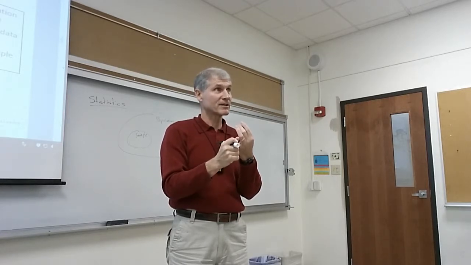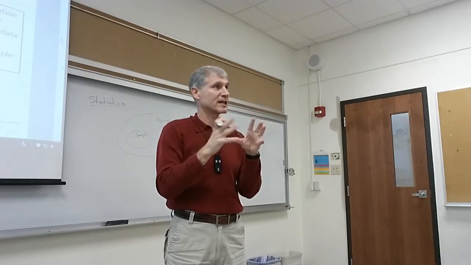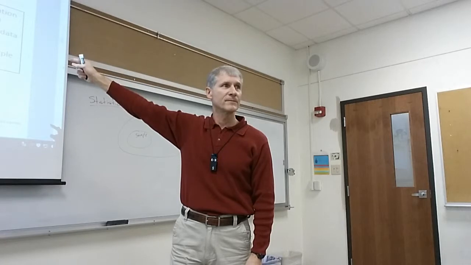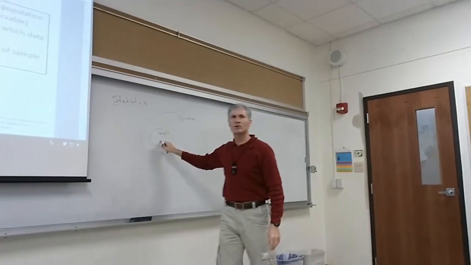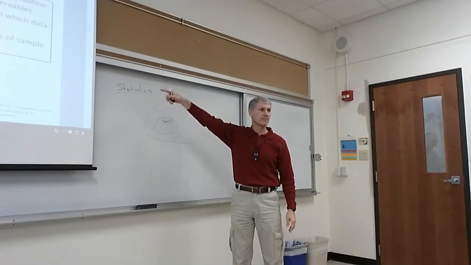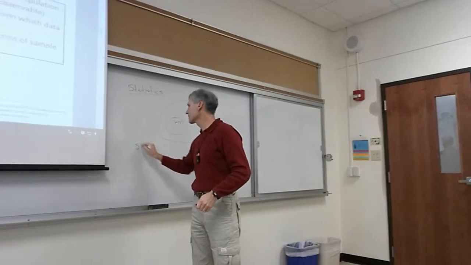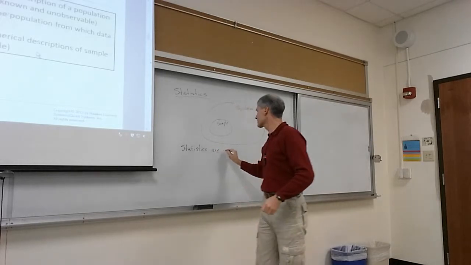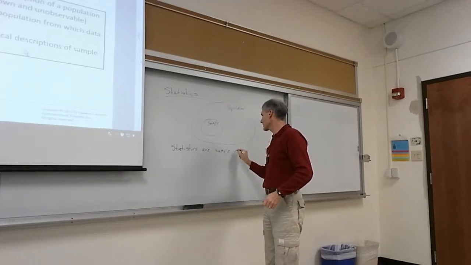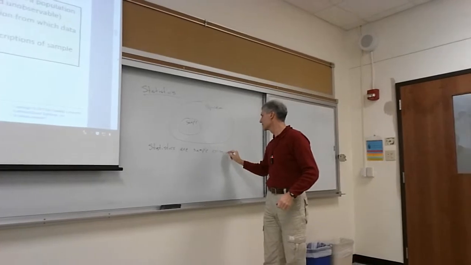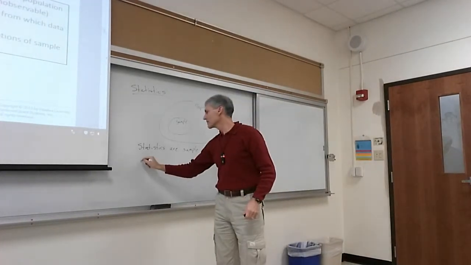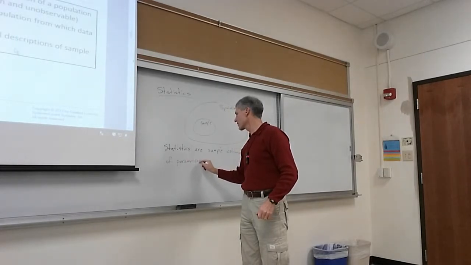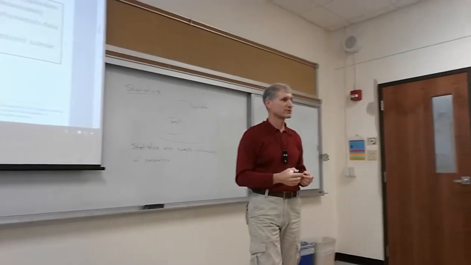Now, if it's not possible to take a census of the whole population, you'll never know what those things are. So what we do is we draw samples and we try to estimate the parameters. So statistics are sample estimates of parameters. If I want to know the mean height of adult males in the United States,